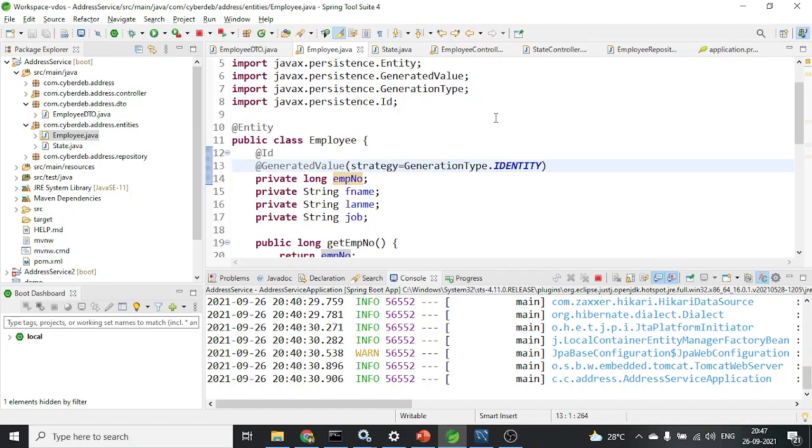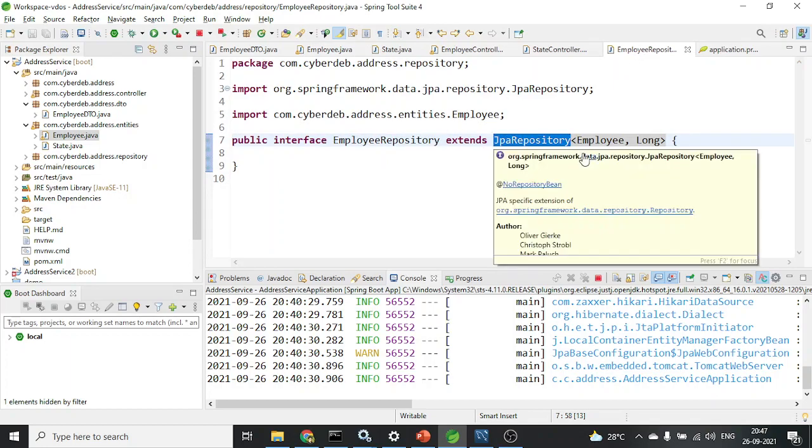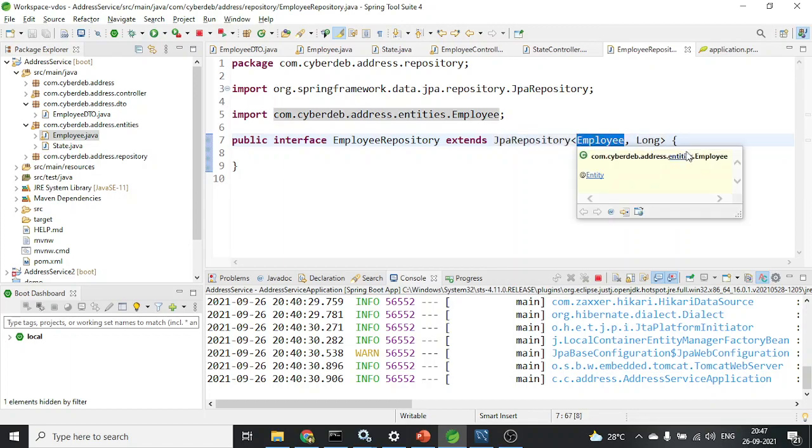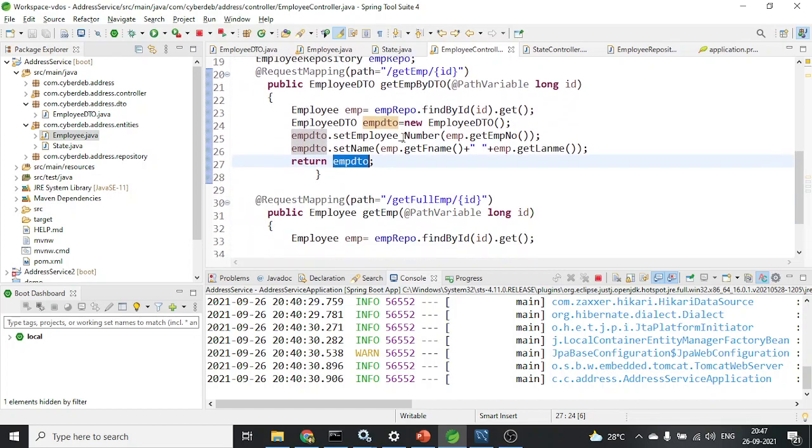Then I created this employee repository. This employee repository is nothing but an interface which extends JpaRepository, and it uses the employee class as the entity, and its primary key is Long. Then in the controller, I have created an employee controller.